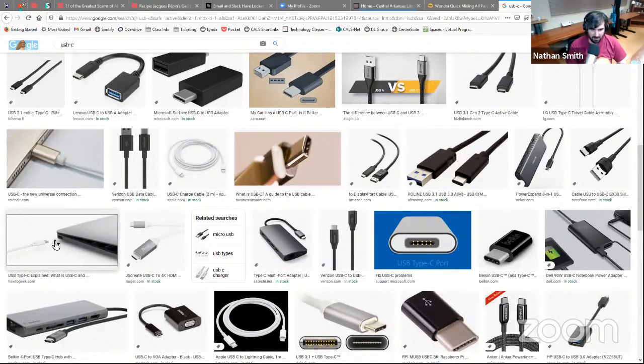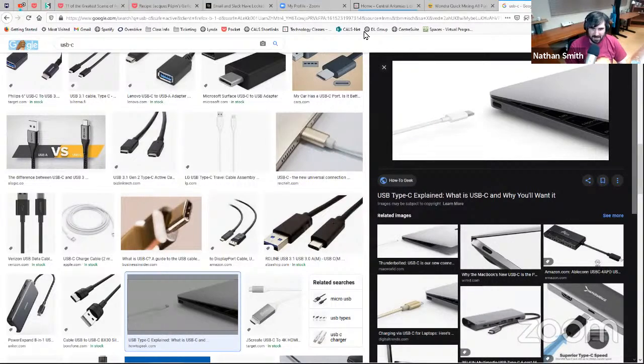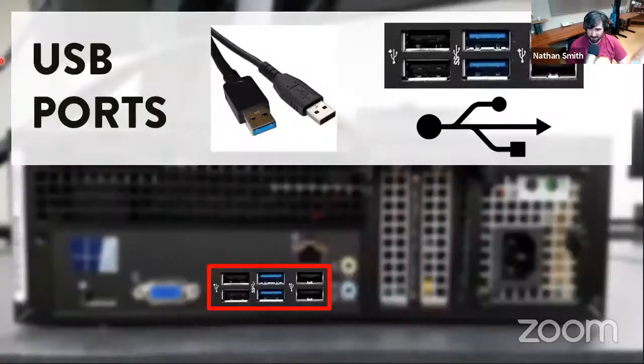And that's kind of what the port looks like on the computer itself, kind of pill shaped, I guess. So that's USB-C. If you see that, just know that it's almost the exact same thing as these USB ports over here, except just a little fancier.